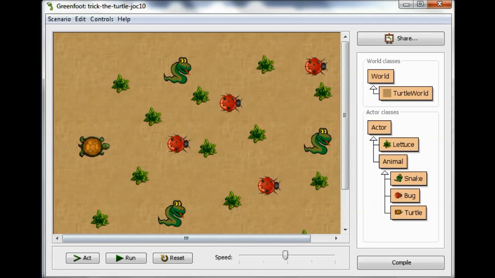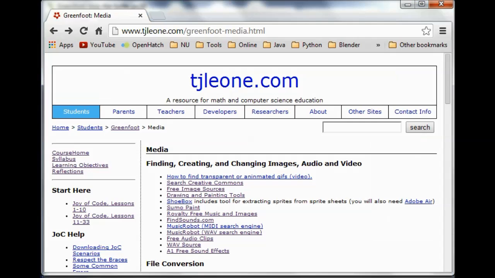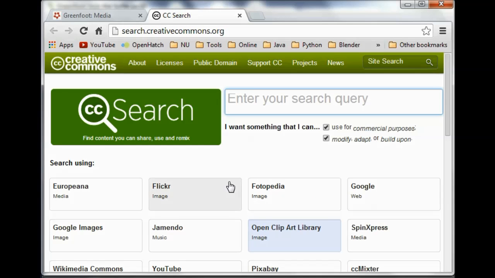So there are different resources, different places where you can find images. You can use whatever your favorite is. Google is certainly fine to use. I'm going to search Creative Commons. There's a bunch of images here, and they have different places where you can search. You can search Google Images, or you can get music and other media. I'm going to go to the Open Clip Library and enter my search here, say snake,